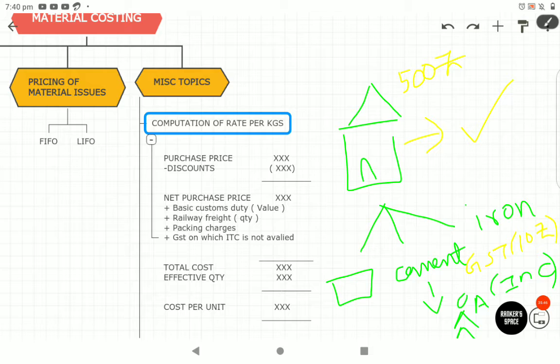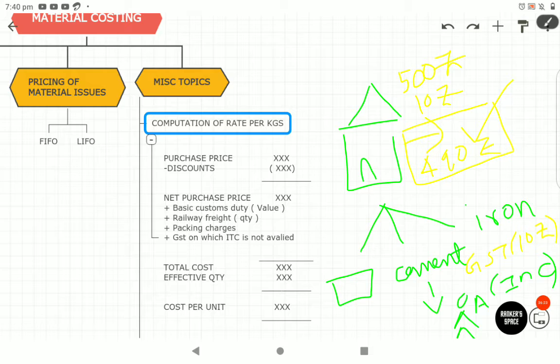So in this case, input tax credit means whatever tax you have paid on your inputs can be set off against the tax that you're going to pay right now on the ultimate output. So this 10 rupees that you already paid, you can tell the authorities, see sir, when I purchased cement for this house, that time itself to India Cements I paid 10 rupees as GST, so I need not pay 10 rupees again as GST on the ultimate house, and only 490 rupees you'll be required to pay. So this is the concept of ITC.